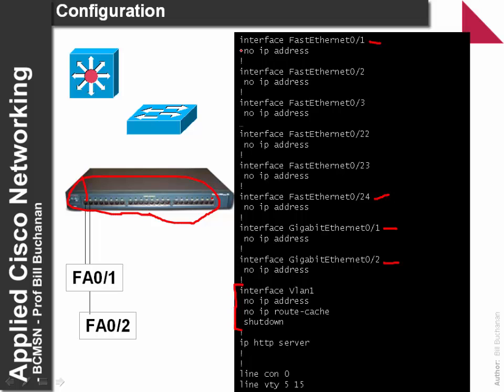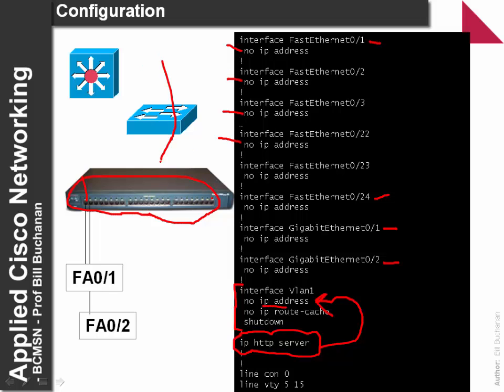Normally, if we operate at layer 2, there is no IP address associated with the interface. But we can use a web server to be able to connect to the switch. If this is the case, we need to assign VLAN 1 with an IP address.